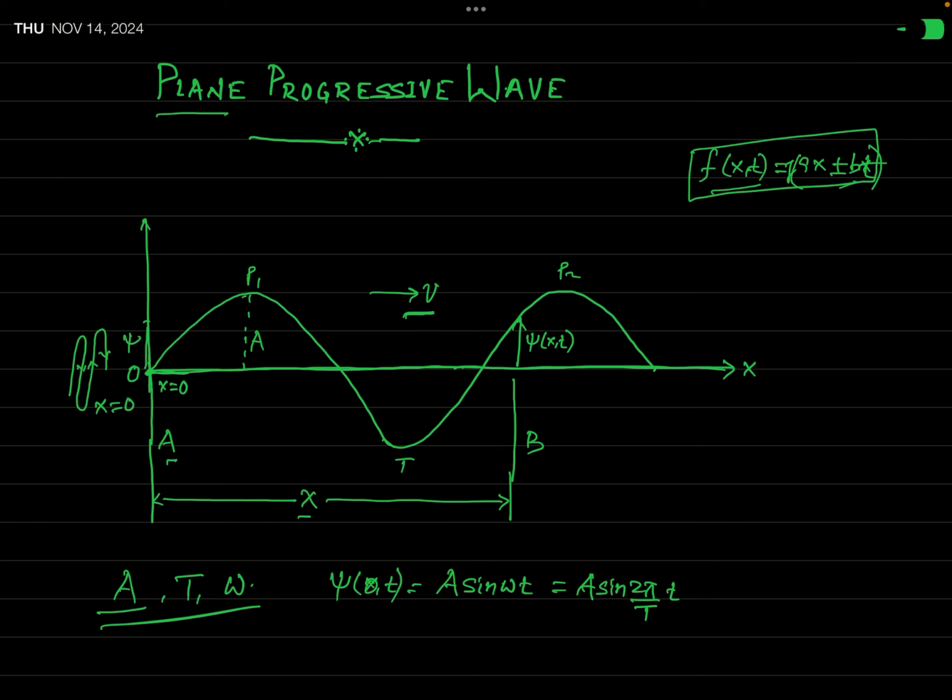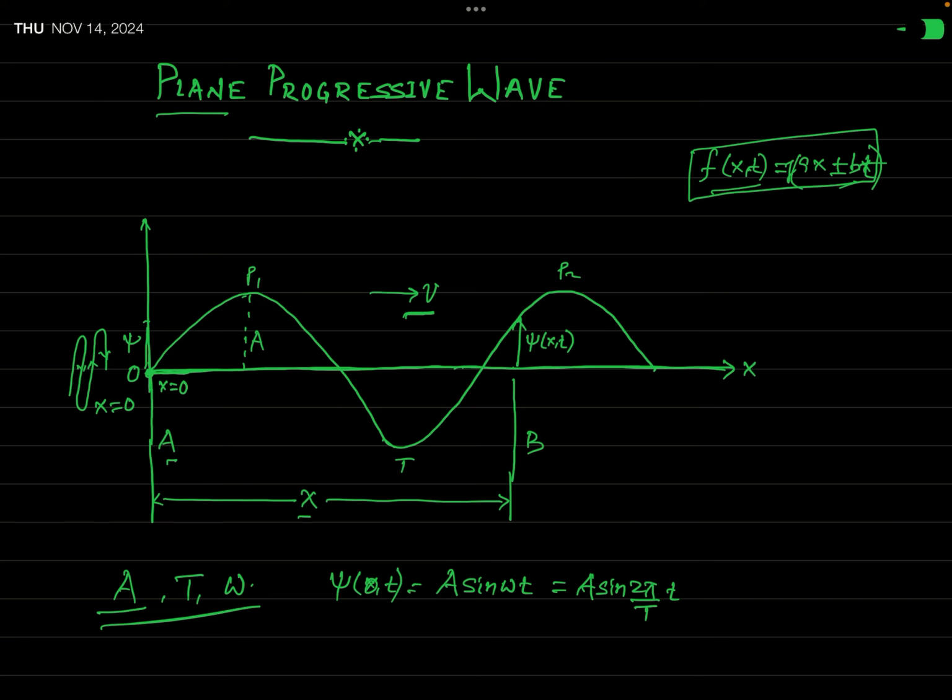But the particle is oscillating about O, but the wave travels in x direction. Okay, so the disturbance passes. Now let us consider that there is another plane B which is separated from plane A by a distance x. Now can you say what will be the time taken by the disturbance produced at this point x equal to 0, or at plane A, to reach the plane B, or x equal to x? It is easy to say.